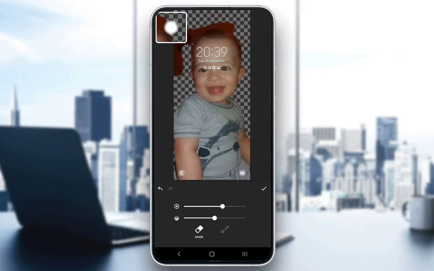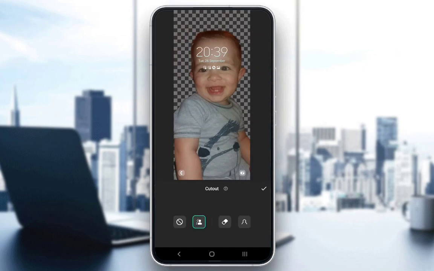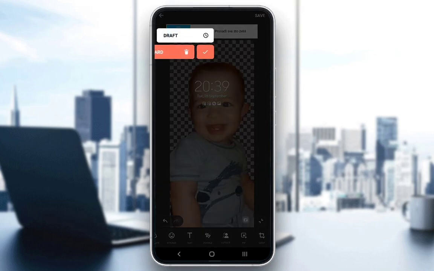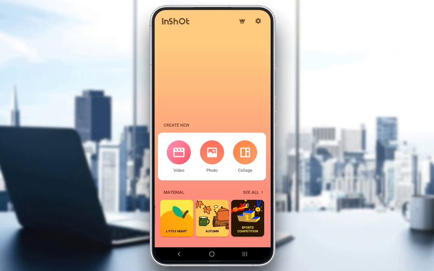Once you erase it, it will be gone, and if you click on the check mark, your changes will be saved. Once they're saved, click on the check mark again, and to save this photo, you just click on the save button. I don't, so let's just go to the discard real quick and we will be going back to the title